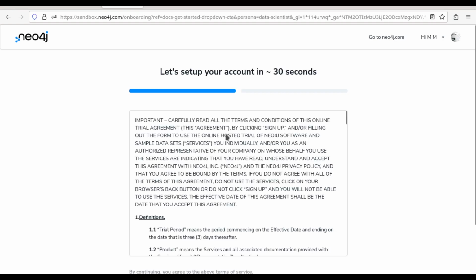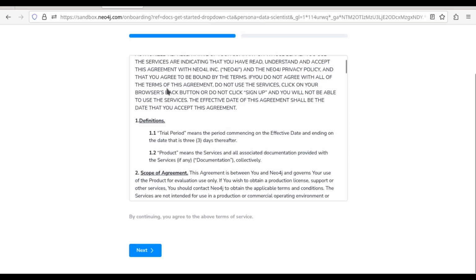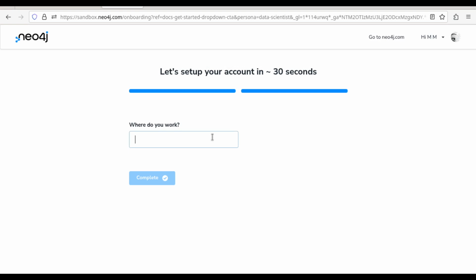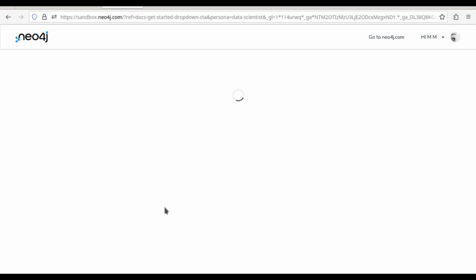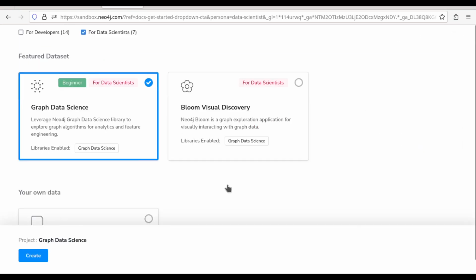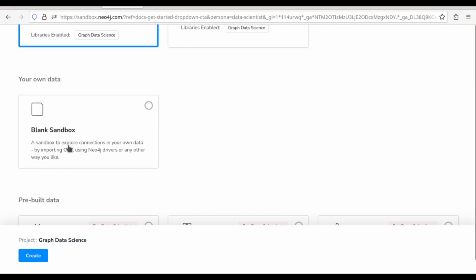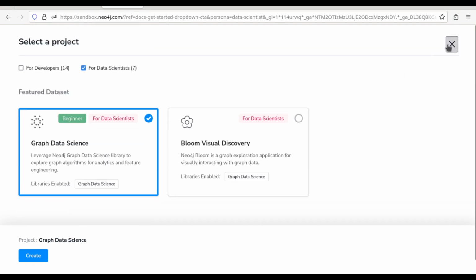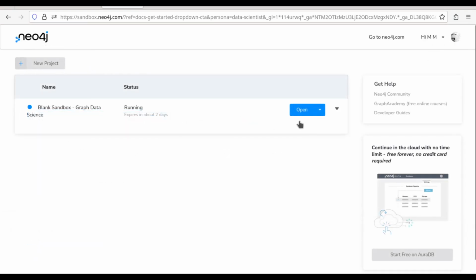They will ask you to accept an agreement and to tell where you are working, so you just give the location. After that, you can create a blank sandbox. It's very important that you create a blank sandbox. There are many other kinds of sandbox you can create, but create a blank one. The reason is that once you create a blank sandbox,